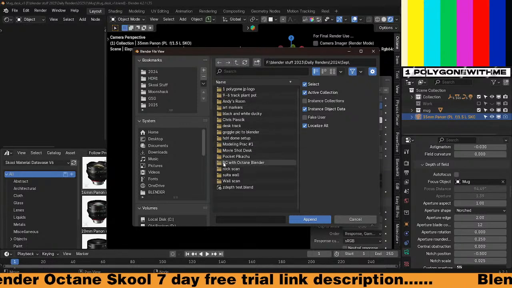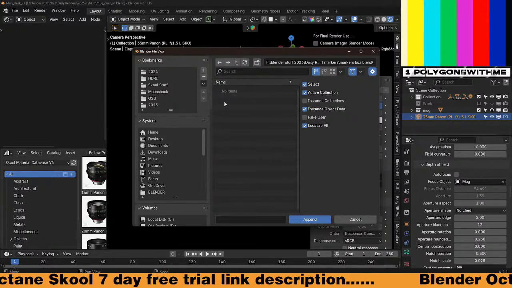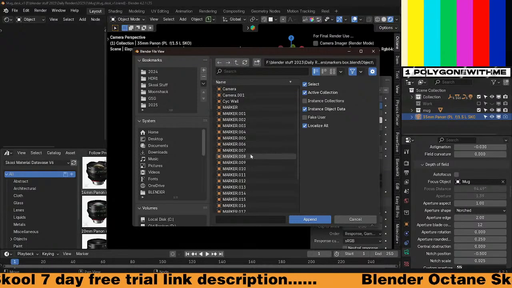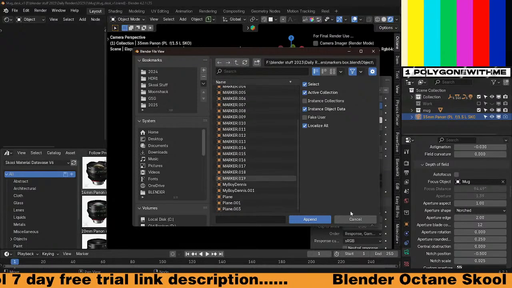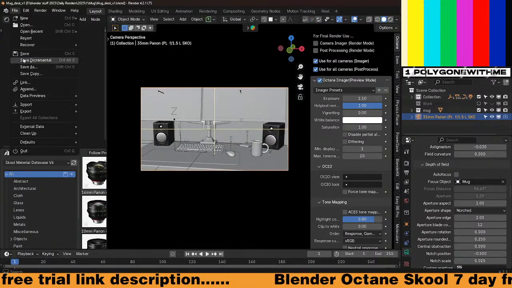Can I not see markers anywhere? Am I blind? Oh, there it is. Marker box. Oh man, I'm gonna have to open up that file because I didn't set it up to be imported like that.